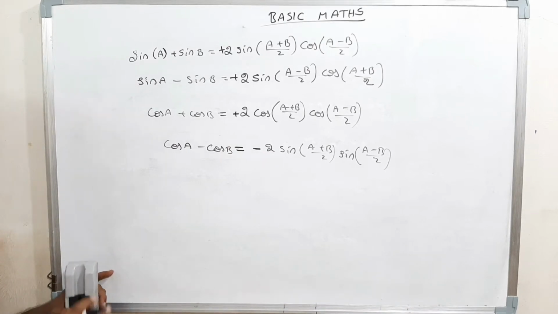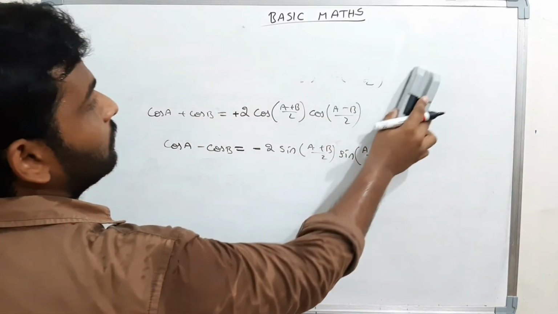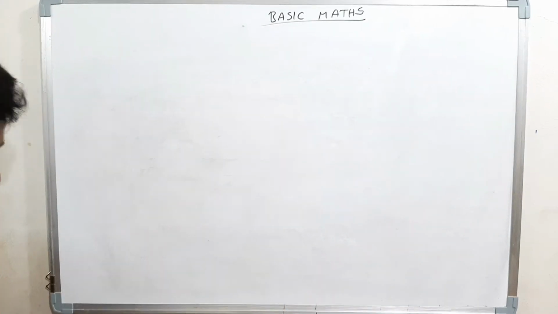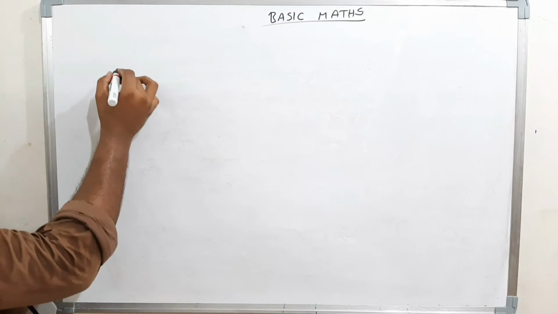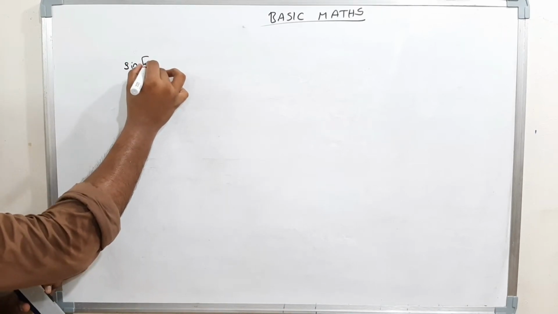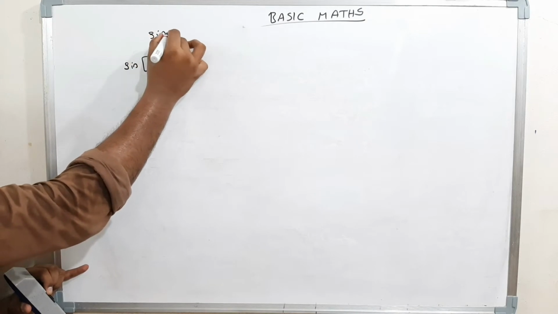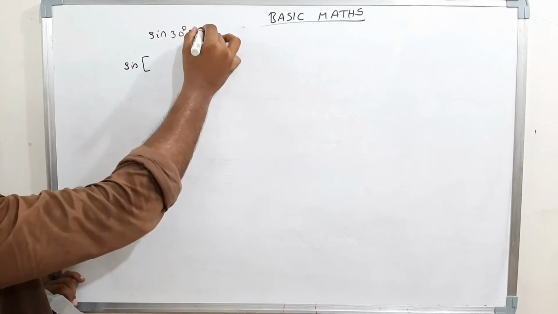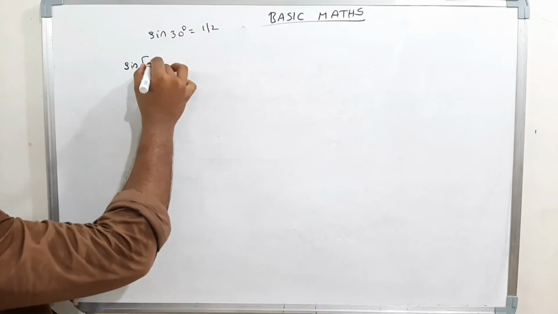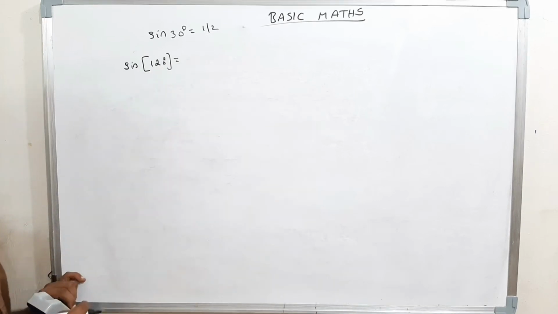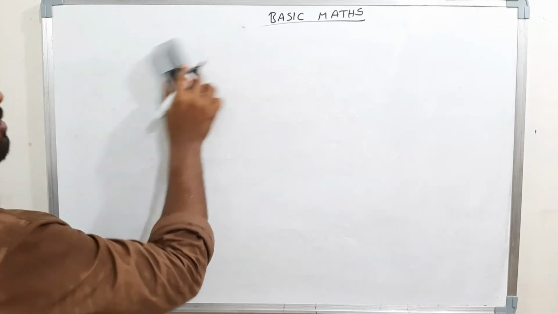Okay. Now we will see the values. One more thing to remember. Observe carefully this one. Sin 30 degrees, we know. What is sin 30 degrees? 1 by 2. Now if they told to find sin 120 degrees, how can I find? Yeah, we can find. First of all, you have to see the quadrants.